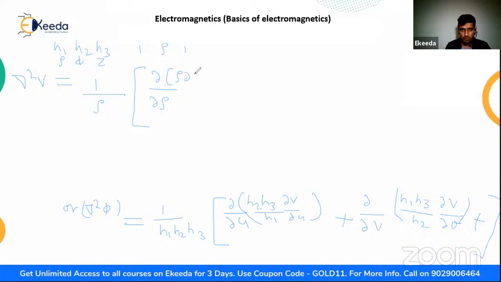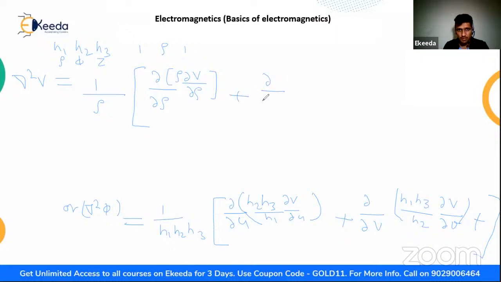And then what is our function V? Maybe it's a voltage function or any other V, any scalar function, del V divided by del rho, because u1 is the first coordinate or first parameter, which is rho. Okay. So we will first differentiate with respect to rho, then multiply it by rho, then again differentiate with this. Okay. Now the second term will be